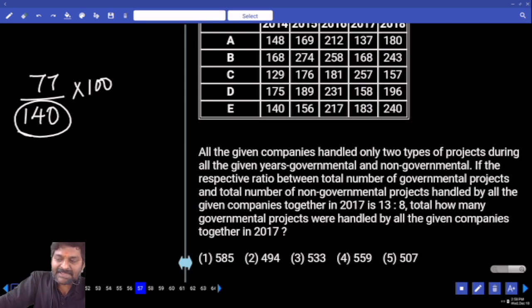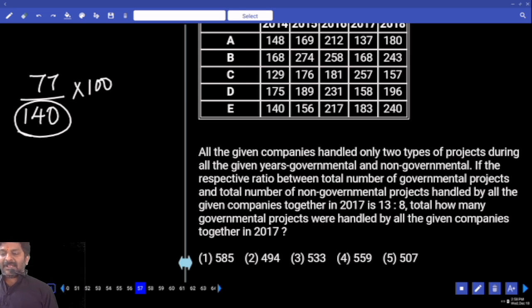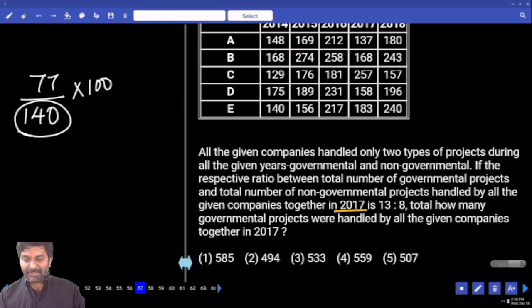All the given companies handled only 2 types of projects during all the given years, governmental and non-governmental. If the respective ratio between total governmental projects and total non-governmental projects handled by all the given companies together in 2017 is 13:8, total how many governmental projects were handled by all the given companies together in 2017? In 2017,